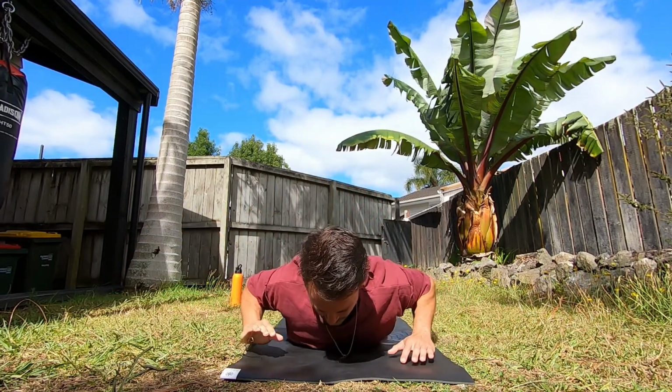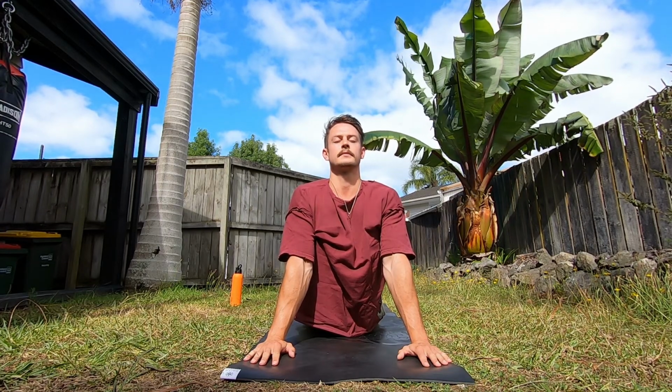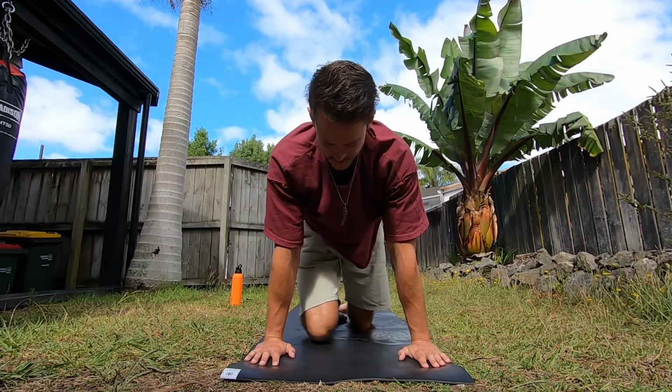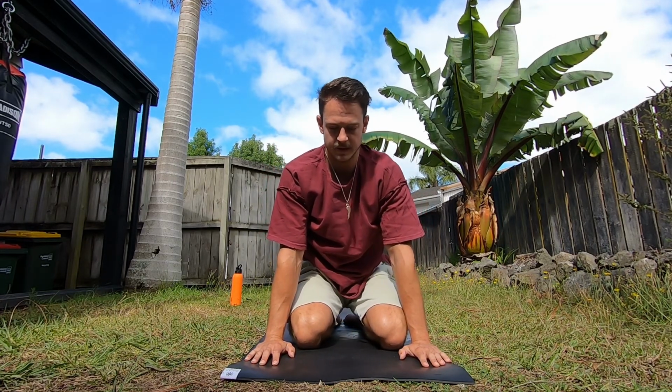Back to the front. We're gonna go back up into upward facing dog. Breathe, relax, let go, like I was saying at the start. From there, shuffle your feet and knees all the way to the front of the mat. So if you can, sit on your heels, toes can tuck back from here, big toes touching, big breath,